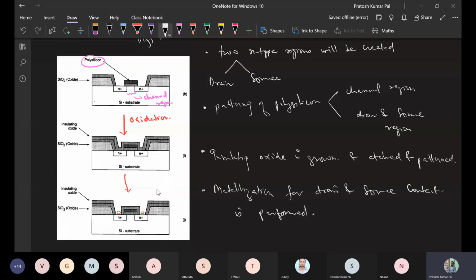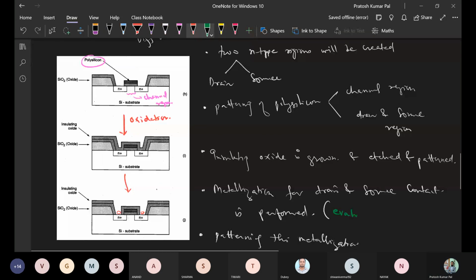After the metallization, we will again pattern it. This metallization is performed by evaporating. We have already seen there are two different methods of metallization: one is vacuum evaporation, and the second is sputtering.